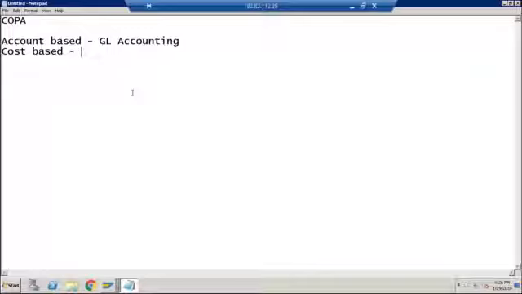So the values flow from other SAP modules, and that is the reason most of the customers who implemented COPA implemented costing based COPA. Okay, and then we understood that both the types of COPA are still available in SAP S/4HANA also.